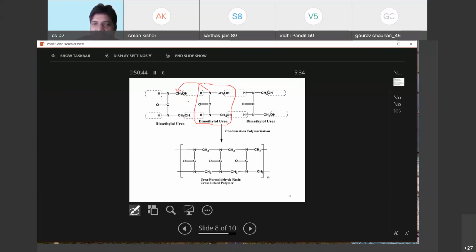Okay, so when it attacks, it releases OH negative. Okay, means OH negative goes outside, and this OH negative removes the proton from nitrogen. ठीक है, देखिए नाइट्रोजन पे लोन पेयर है इलेक्ट्रॉन के, ठीक है, तो होता क्या है,